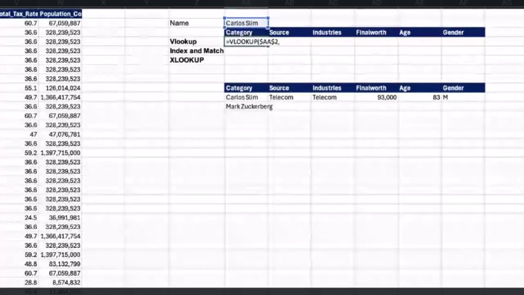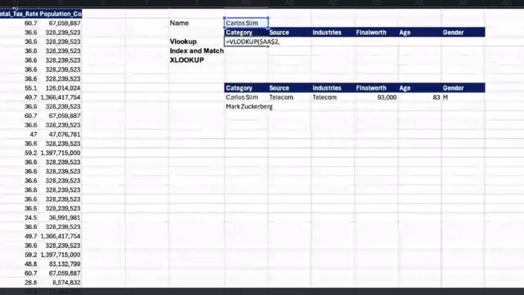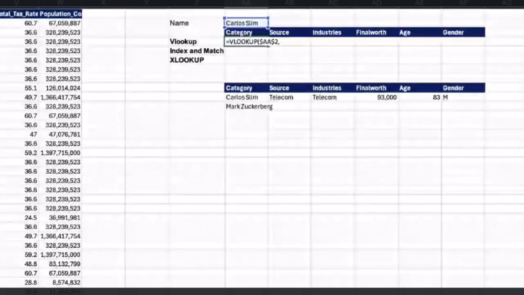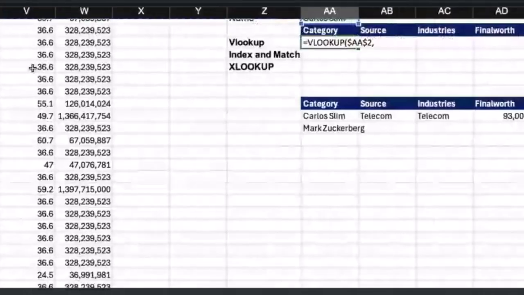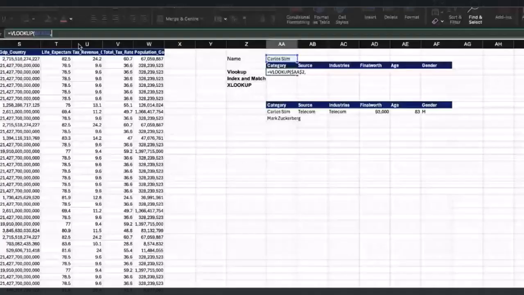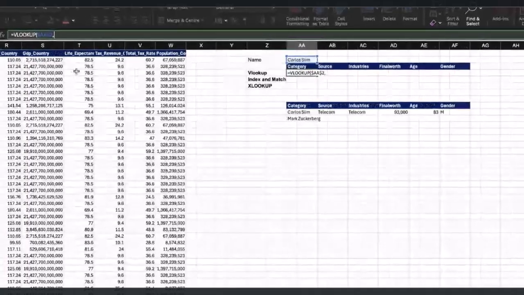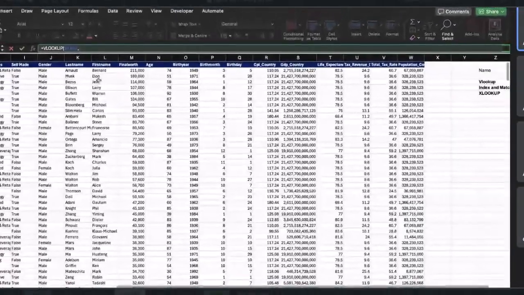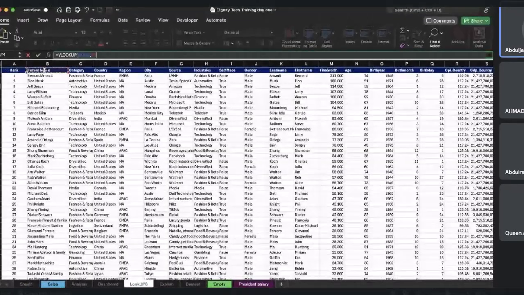And when you look at this function, the next thing you see is a table array. That means, okay, you want to look for Carlos Slim, right? Which table array? Which table array is what you are looking for? The name you are looking for. Which table array do you want to get the information for? These are the table array. So you can click on this table,